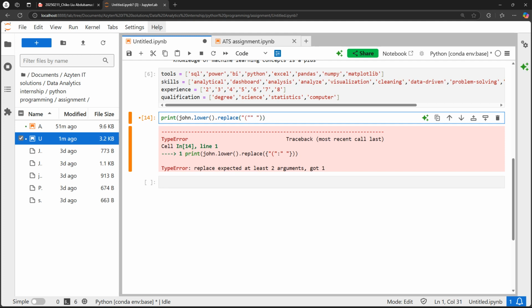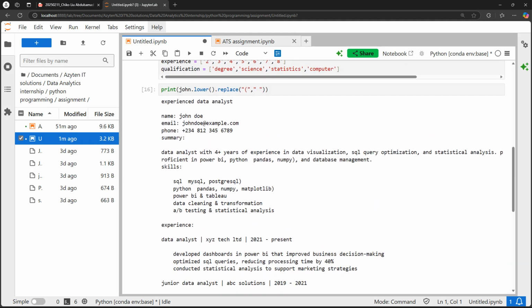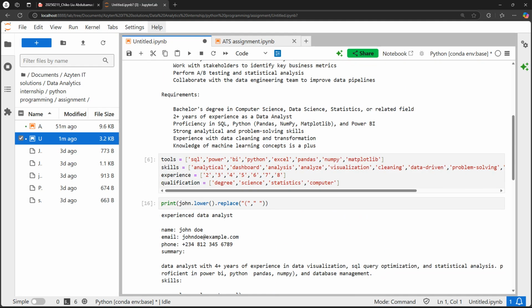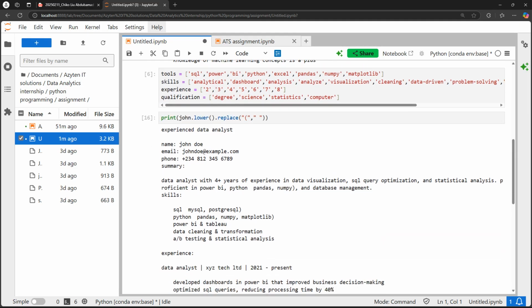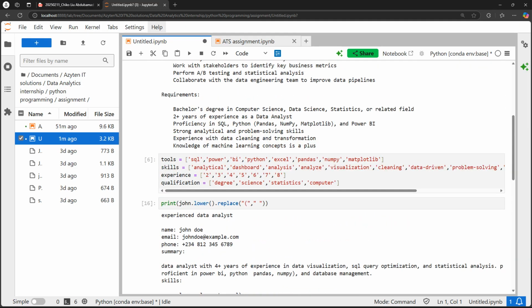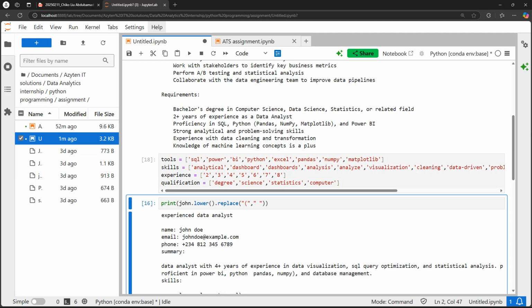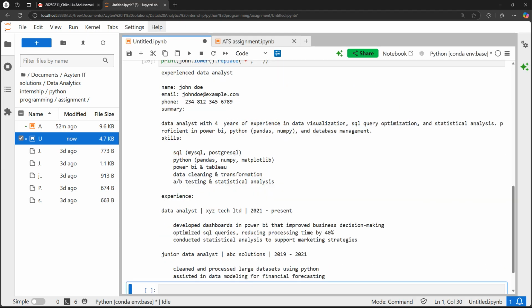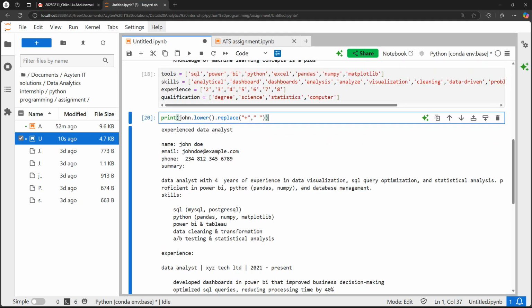So again we convert everything. For dashboard I think I saw something, so I'm just going to say dashboards with an S as well, just to add to the bouquet. I can also change plus, which is why I removed the plus from the experience. So I've removed the plus from the experience, so 4 plus. So I'm going to create a list of things I want to remove from